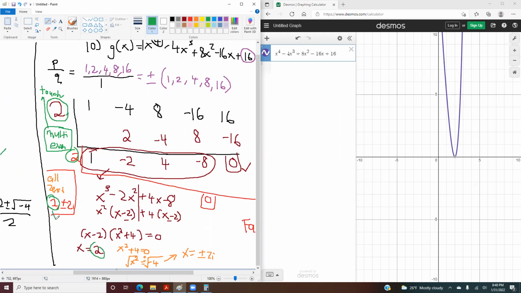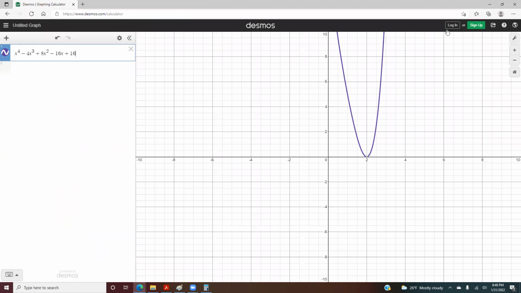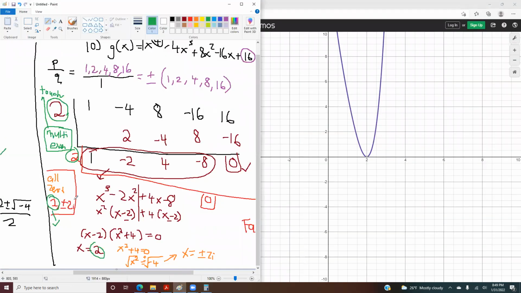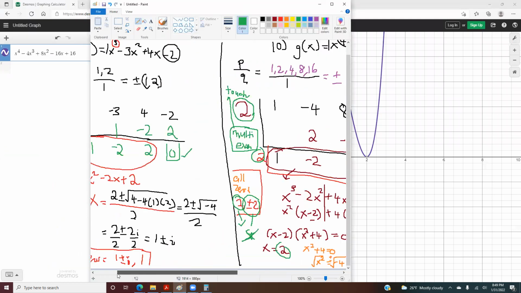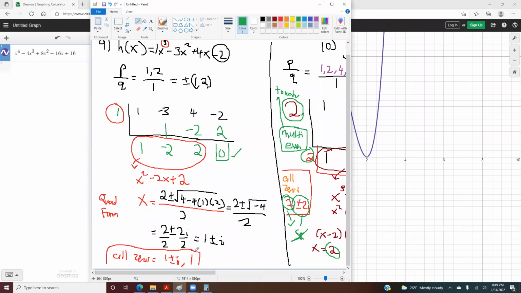But wait a second, so the 2 shows here, but why does the 2i not show in here? The reason is because this graph is only graphing the real graph or real zeros. So any imaginary zeros that you found are not shown on the graph, okay? Because this graph is only real graph. That means it's for real numbers. So all the i that you get here in your answer won't show in your real